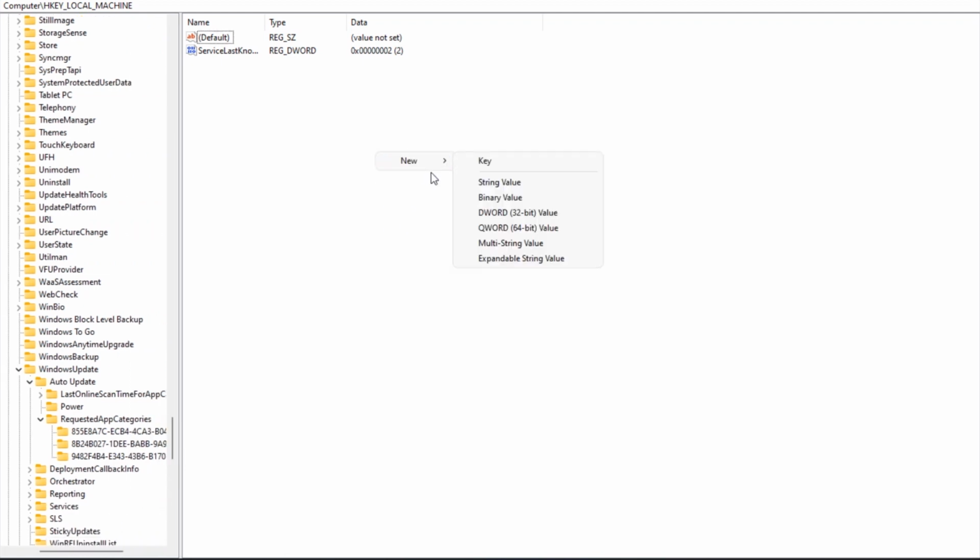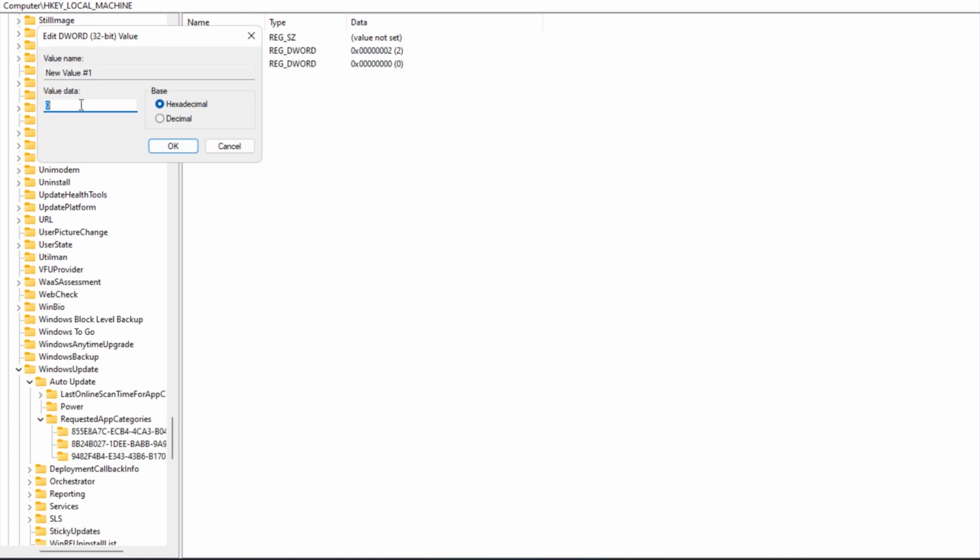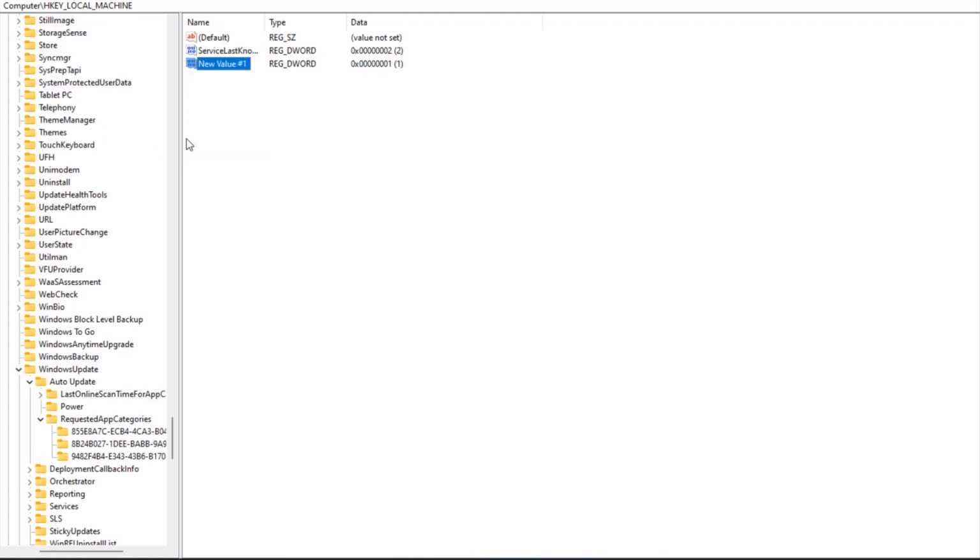Here you have to click on this blank page and go on the DWORD, and here you have to add a new value. Now here you have to double tap on it and change its value data from 0 to 1. After that, save the changes and click on the OK. So once you save the changes, you have to go back,